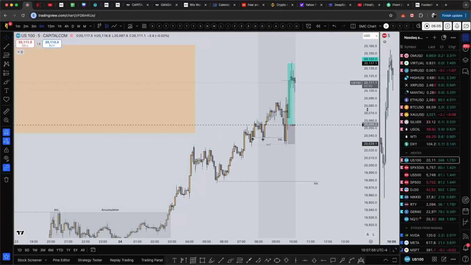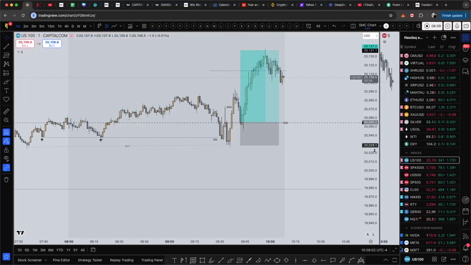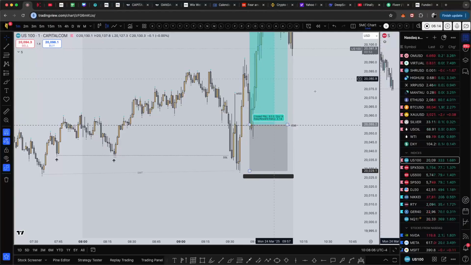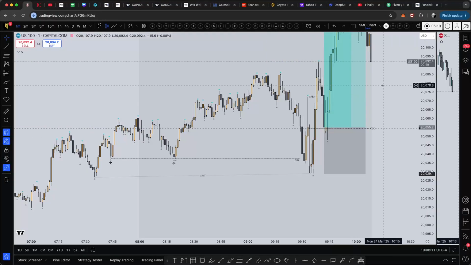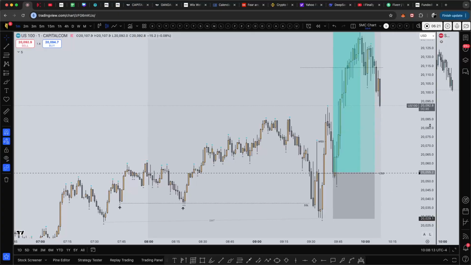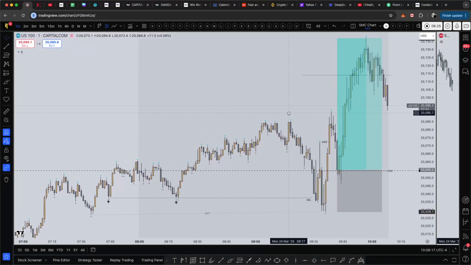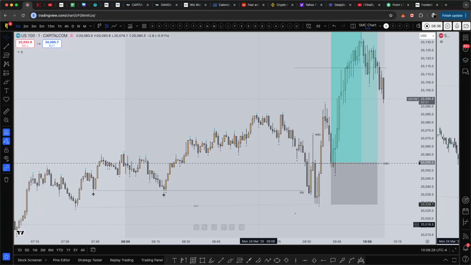Right? So I went to the 1 minute after I was stopped out in this move. I went to the 1 minute, and I'm seeing the setup now. I'm seeing the opportunity on the 1 minute. And I am not gonna lie again, I don't like the 1 minute. Normally the 1 minute time frame is very choppy. Sometimes it gets very disrespectful. It's too much noise sometimes. So I had to play this little internal model.